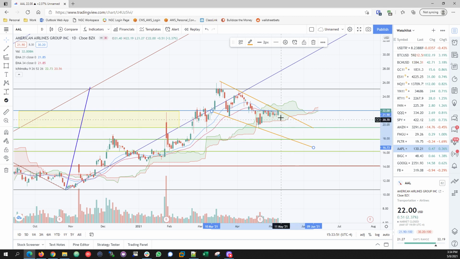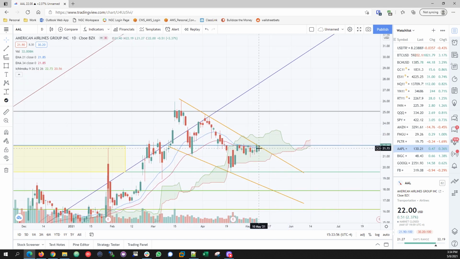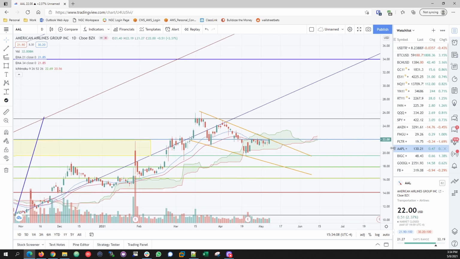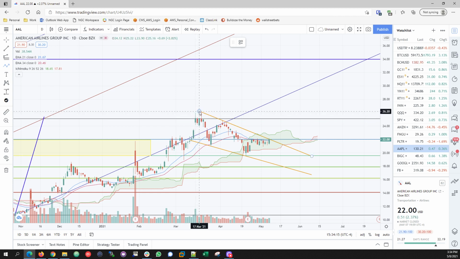Of course, we do have to recognize some of the patterns in the chart, and also the very important break above point, which is $22. So I would love to see American Airlines close above and maintain above $22. If not, and it plays this channel out, you're looking most likely at a pattern like this: up, down, up, down, up, down. You don't want that to happen, so bulls have to push above $22.